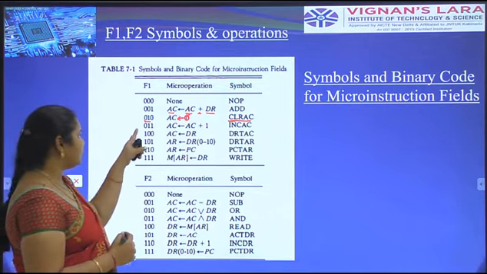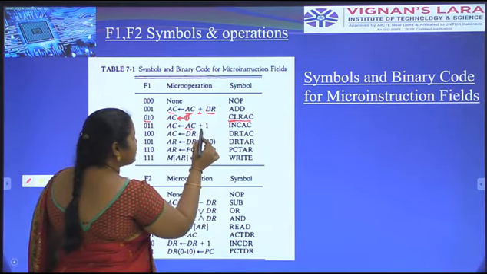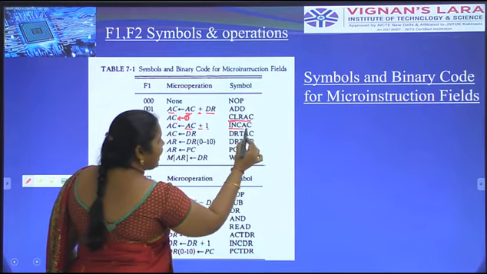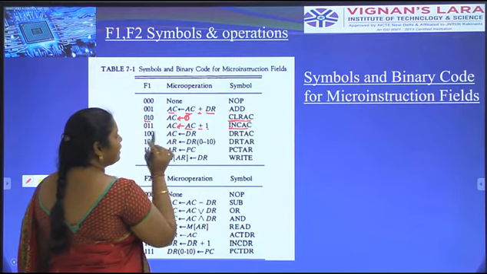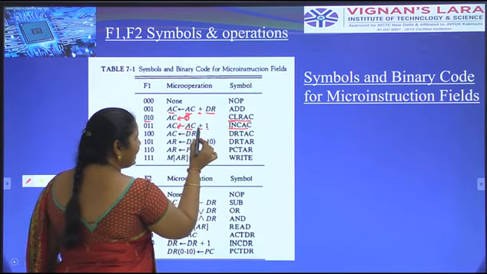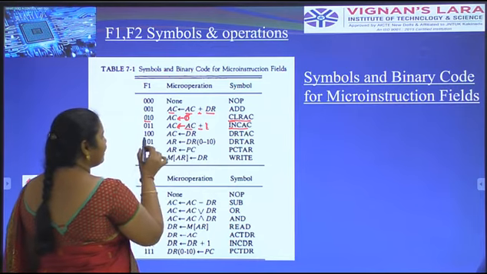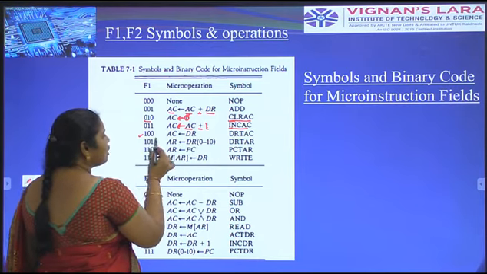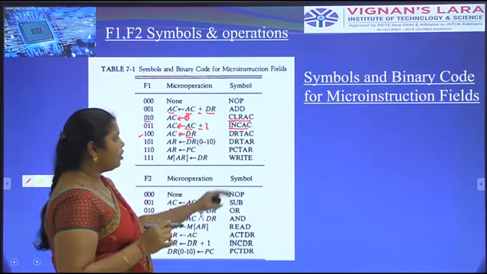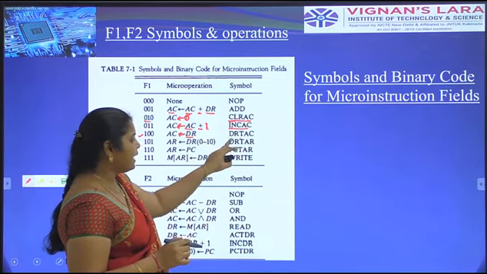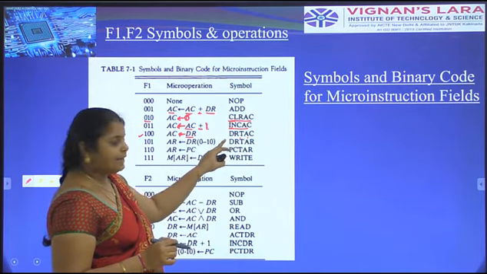Next, coming to binary number 3. Here we have to perform accumulator plus 1, increment accumulator, INC AC. That information is transferred to the accumulator. Here the information of the accumulator is incremented by 1, and that information is transferred to the accumulator. Next, coming to binary number 4. Here the data register information is transferred to the accumulator. AC to DR: the accumulator has some content, and that information is transferred to the data register.